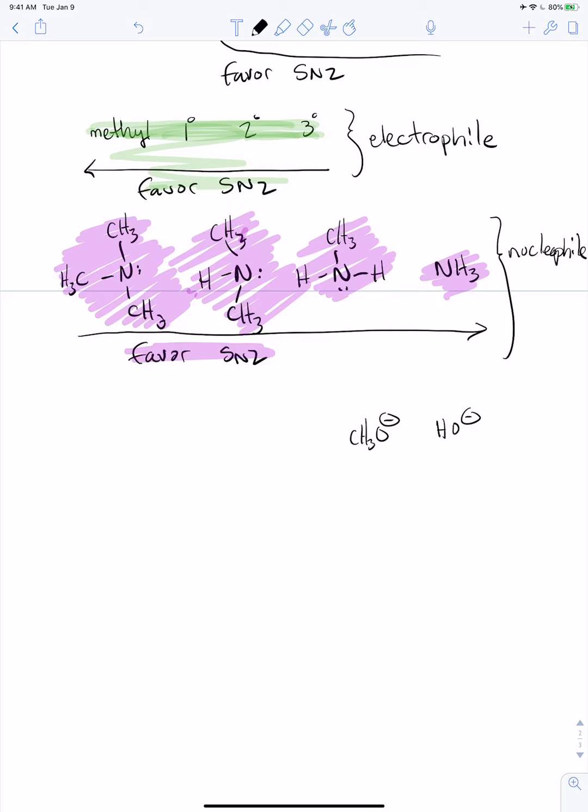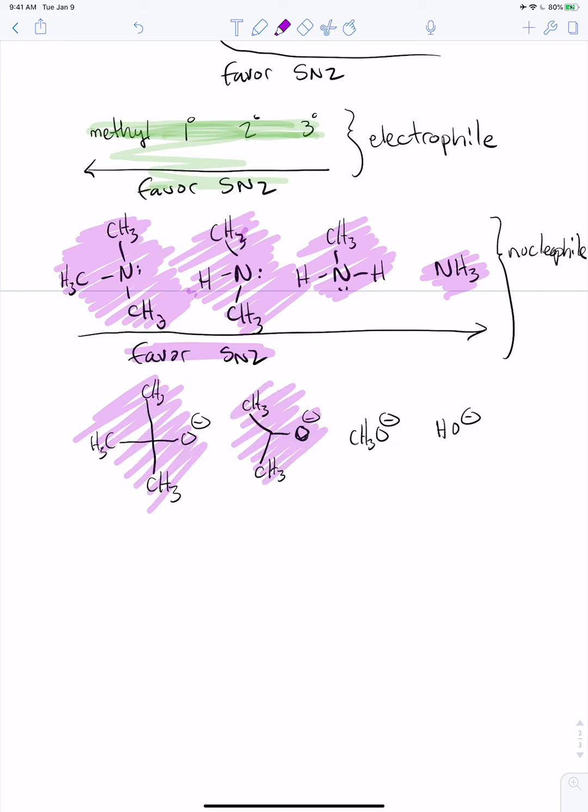Still a good nucleophile. It's just not as good as OH minus. Now I can start playing with it even more. Now it's becoming not such a good nucleophile. Now we're getting a lot of steric bulk on this alkoxide. And then finally, the one that we use a lot of times when we want to avoid SN2 altogether is tert-butoxide. So again, in terms of favoring SN2,